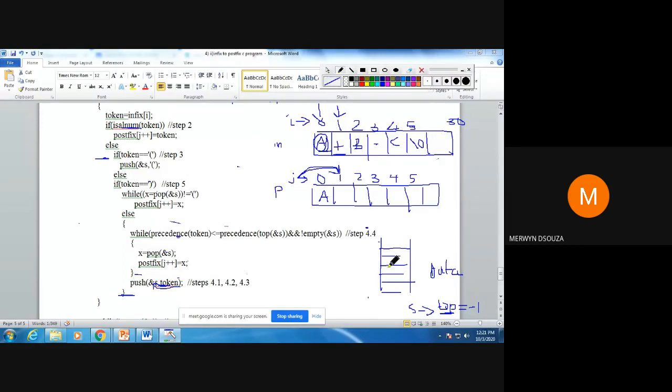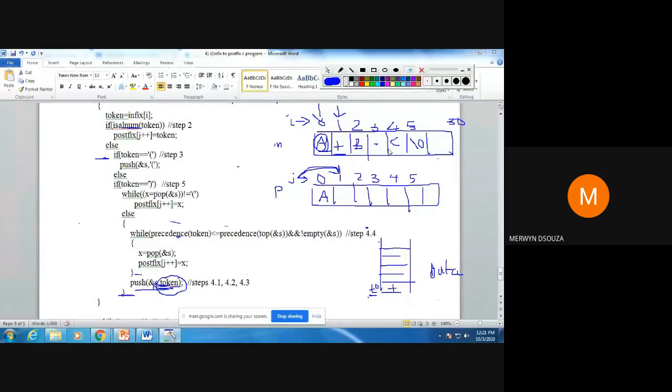Increment the value of the top. So top will be equal to index 0. And wherever top is present, you are going to insert the value of your token. The token value is plus, so you are going to insert it into the stack.